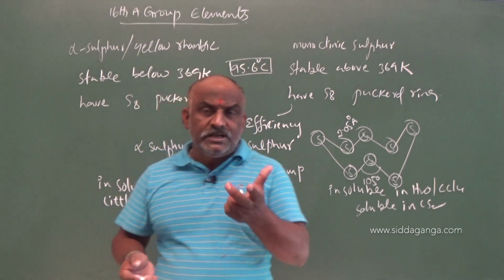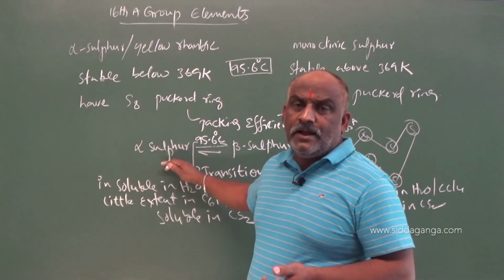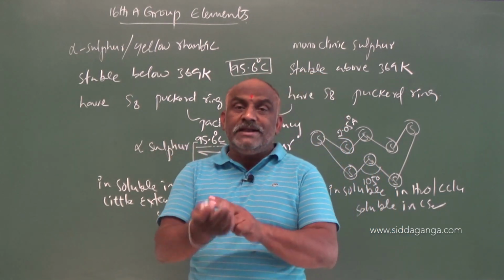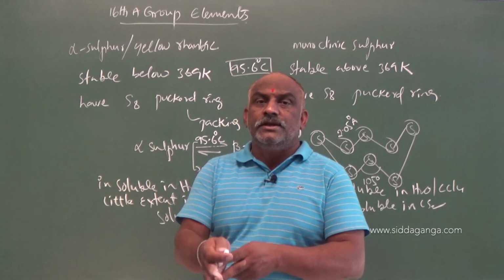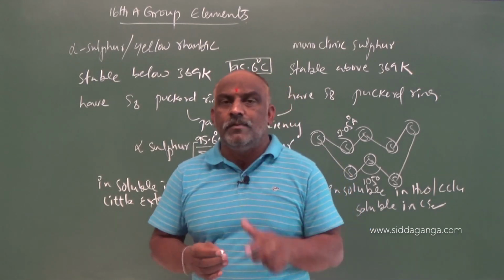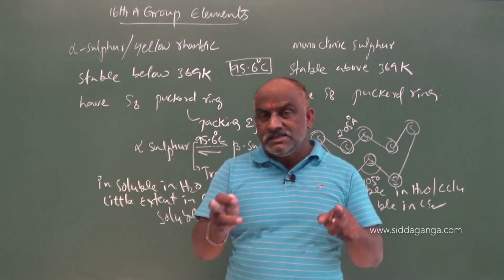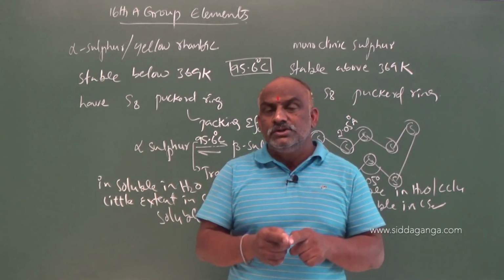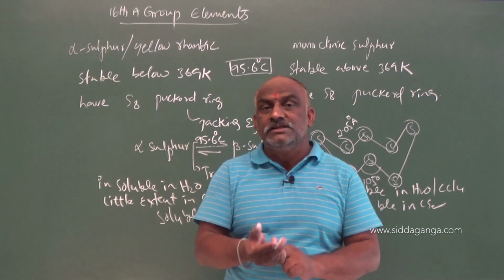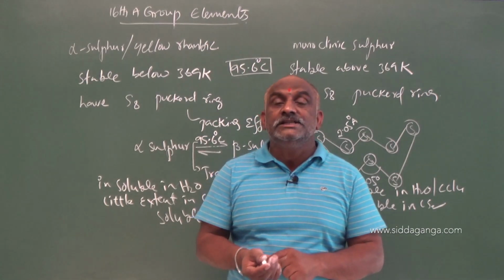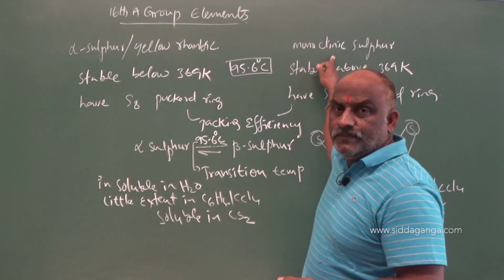Take one china dish. On that china dish, transfer a small quantity of alpha sulfur and heat the substance. Melt it. After melting, cool it. While cooling, a crust is formed on the dish. On the surface of the crust, make 2 holes and pour out the remaining liquid. The remaining part appears as needle-shaped crystals. That is said to be monoclinic sulfur.